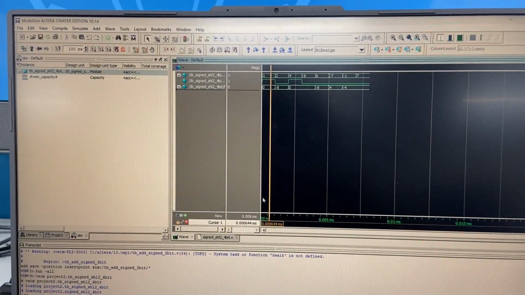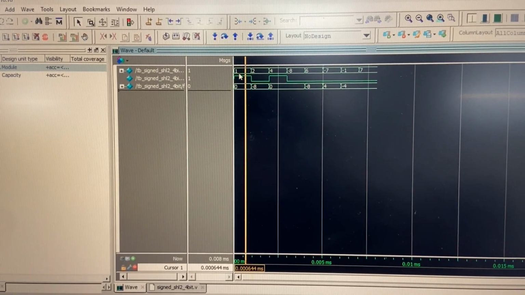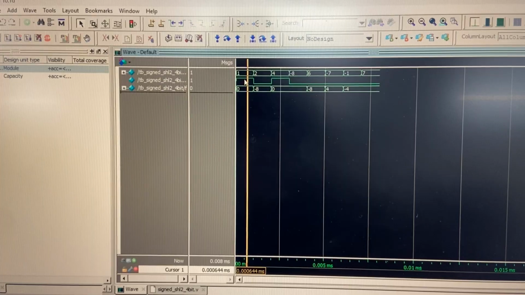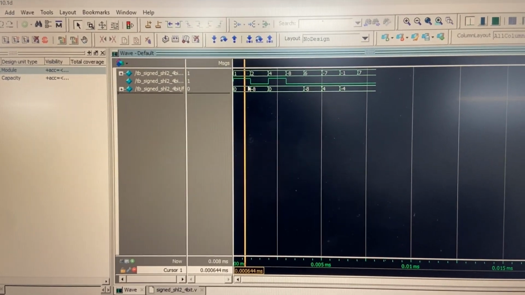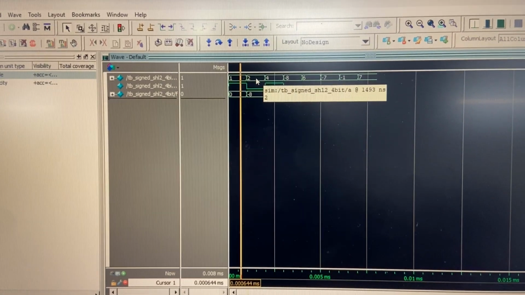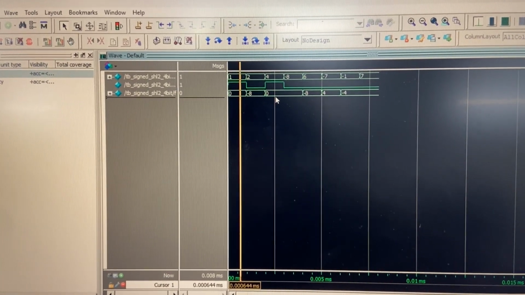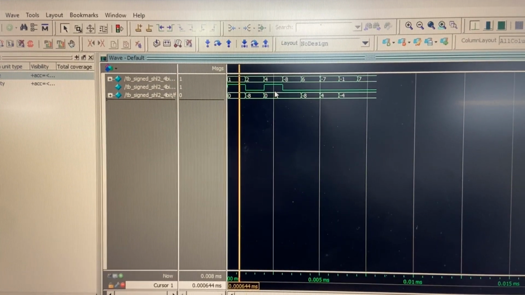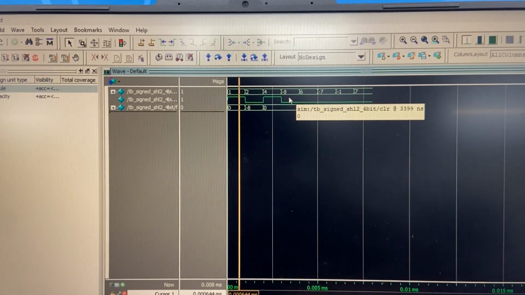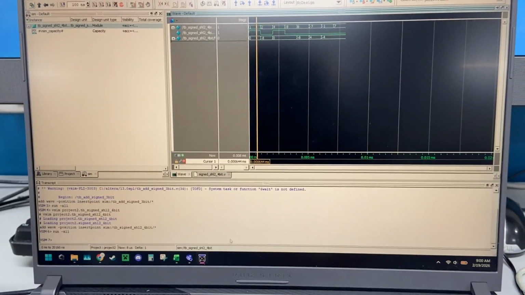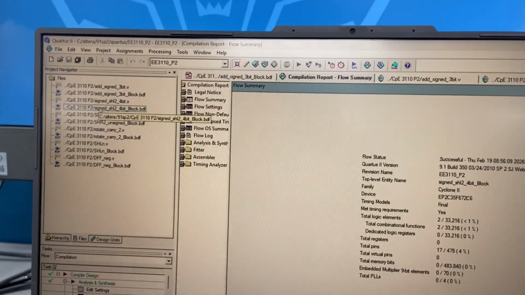And over here in the signed, we can see that if we take a 1 right here and we shift to left 2, then we get, with our clear high, nothing. If we have a 2 and then we shift to left 2, then we get -8. And if we have a 4 and we shift to left 2, then we get nothing, but this is also with the clear. With our -8, if we shift to left 2, we get 0, and so on and so forth. If we move over to Quartus,